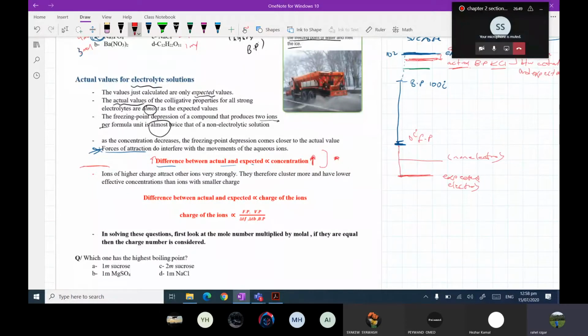Here the change is shown. Expected here is twice as much as non-electrolyte. But this is expected. If you want to find actual, the actual will be somewhere around here, which is almost twice decreased as